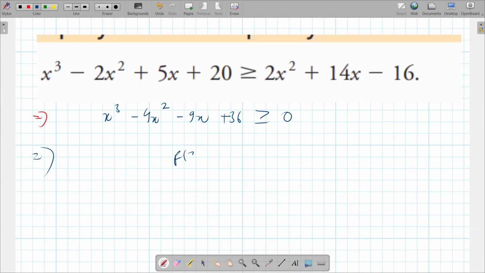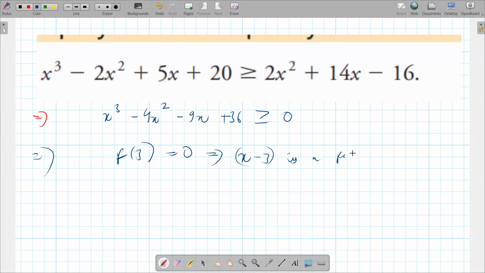So let me try f of 2. And sometimes with these questions, you're going to be trying for a while. So let's see, hopefully 2 works. I got a 10. So let me try -2 now. So -8 minus 4 times 4 plus 18 plus 36. So it's going to be 30, so 2 didn't help. Let me try 3. 3 cubed minus 4 times 9 minus 9 times 3 plus 36. 3 worked, thank God. All right, so f of 3 gave me a 0, which means x minus 3 is